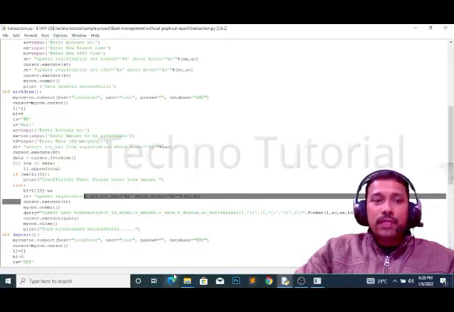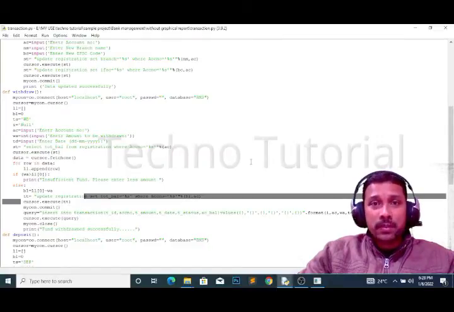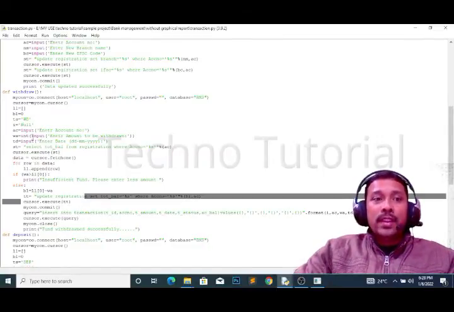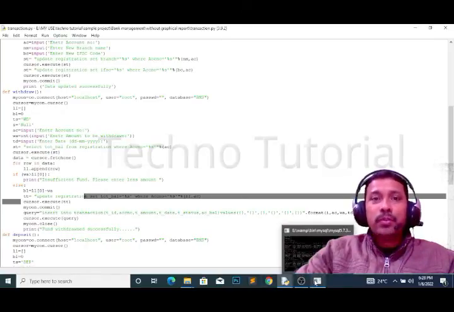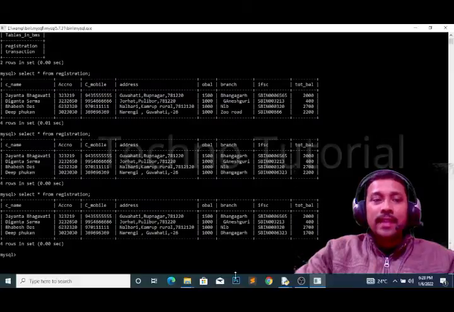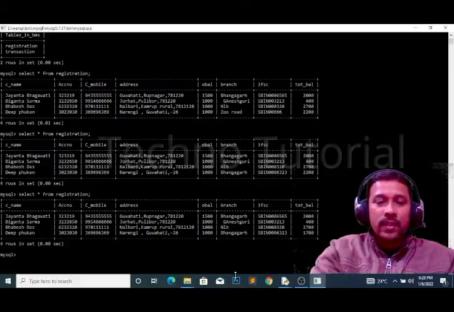Again, one more thing we want to do. He has withdrawn, and the total balance has changed in the registration table, but now we have also entered the withdrawal amount, the withdrawal date, and which account withdrew. All these things we are taking as the transaction. That is why we have created another table in the database, called transaction. I'm going to show you.